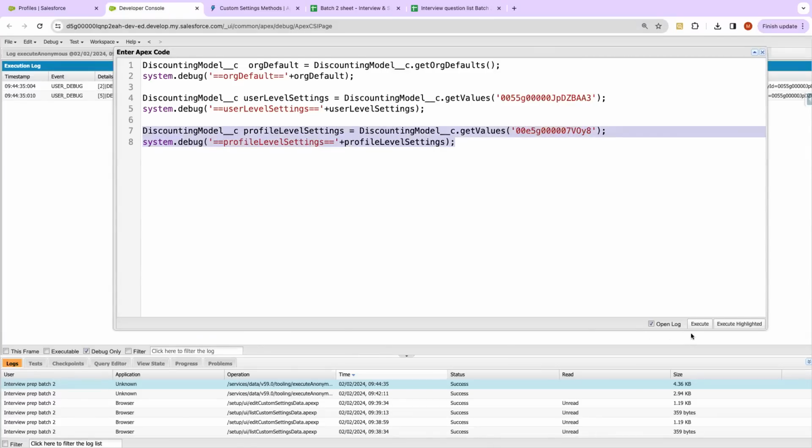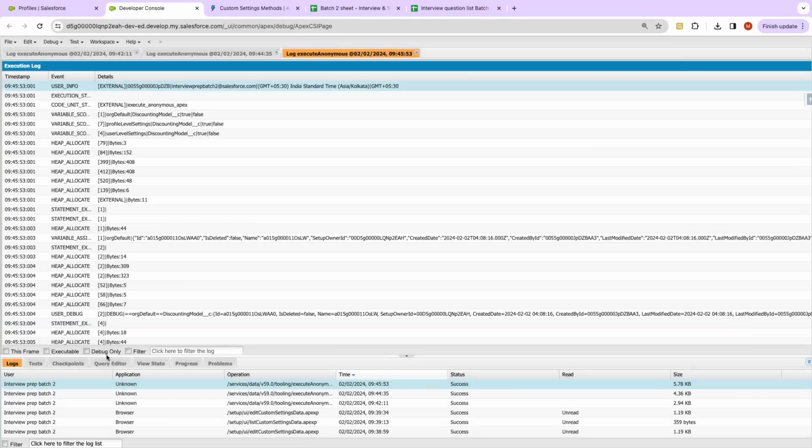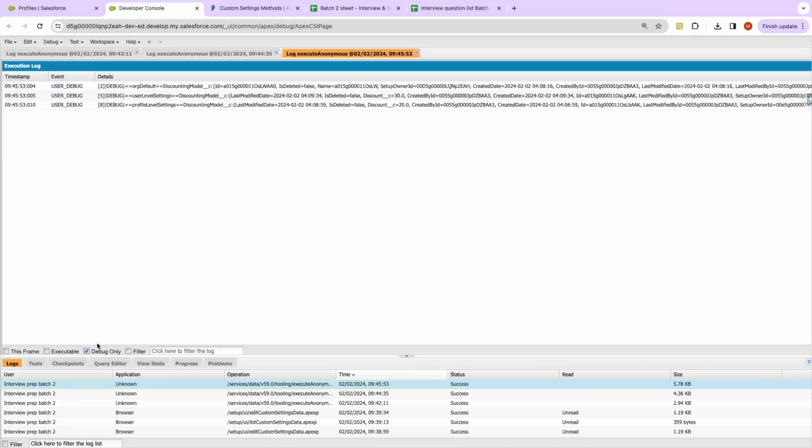This should give us 20%. You can see this gave us 20%. So by default you got 10, then you got 30% on the user level, then you got 20% on the profile level. Okay,